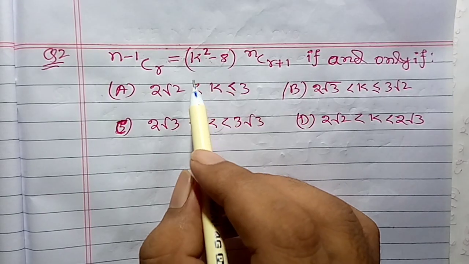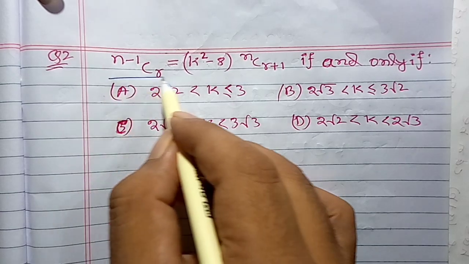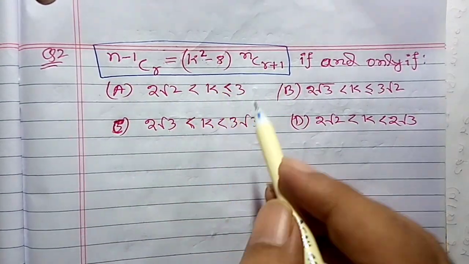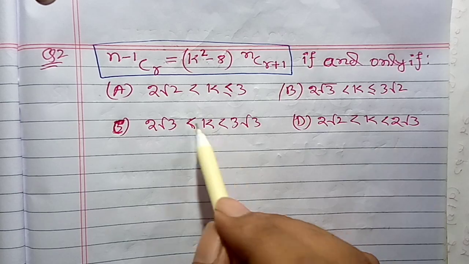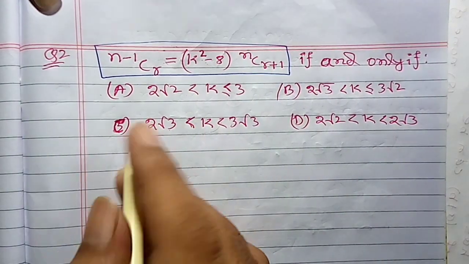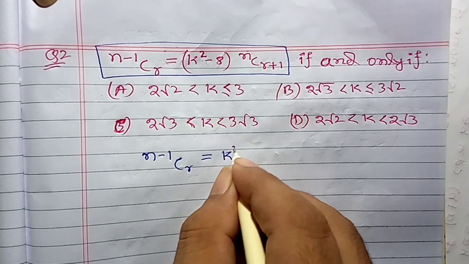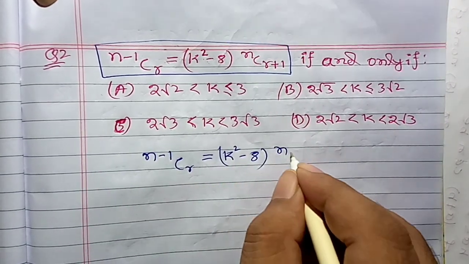Let's do the second question. Here this is given. ओके, सवाल में ये वाला दिया हुआ है, तो k का रेंज निकालना पड़ेगा, k का कौन सा वाला रेंज सही होगा वो निकालना पड़ेगा। तो सवाल में दिया है n-1 CR इक्वल टू